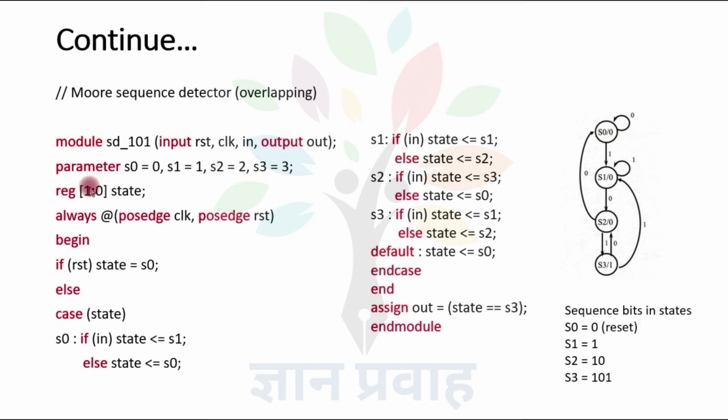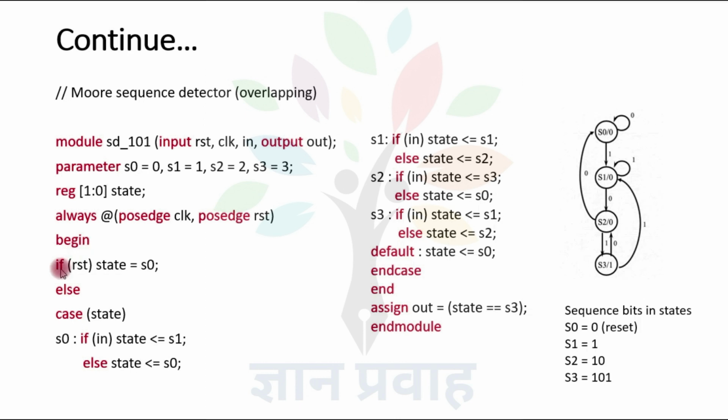One state is represented by a 2-bit binary number. So here we are defining a vector, and state holds the values. It means it should be a register data type. So reg, that is a reserved keyword for register data type, and vector 1 to 0. It means a 2-bit binary number. State one procedural block, that is always block, always at posedge clock, posedge reset. So this one is the event condition. If this event condition is true, then this procedural block will be executed.